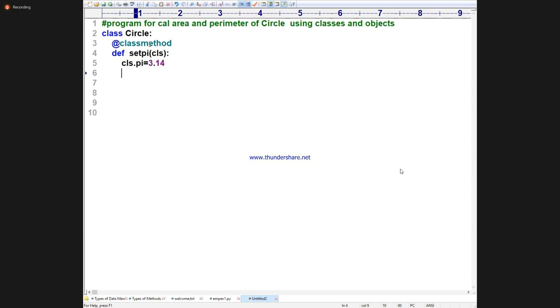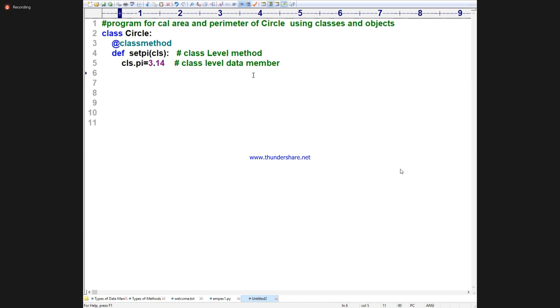Finished. cls.pi. What method is it? Class level method. This is called class level method, providing the common value. It is called class level data member. Class level data member. Okay.